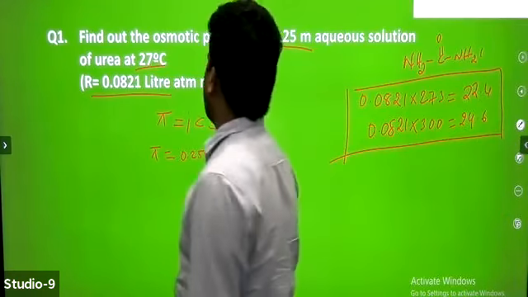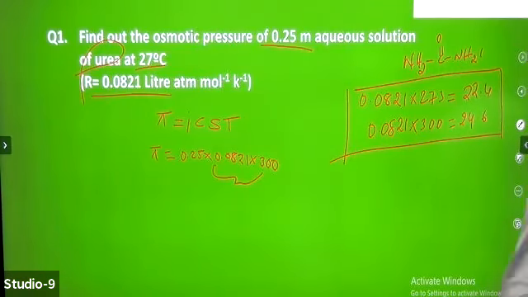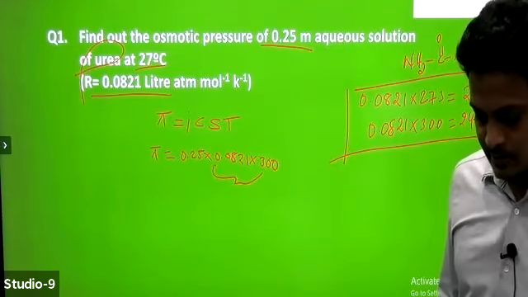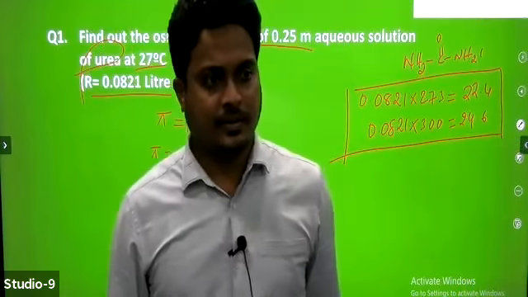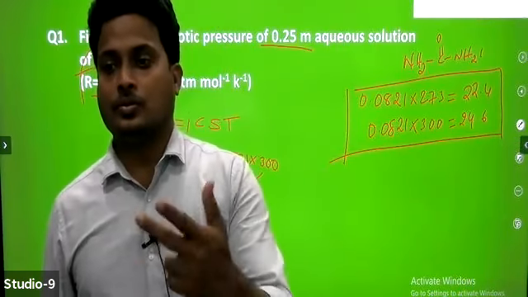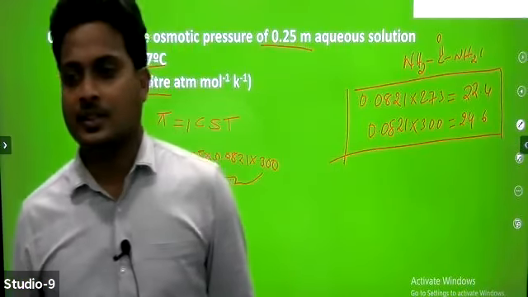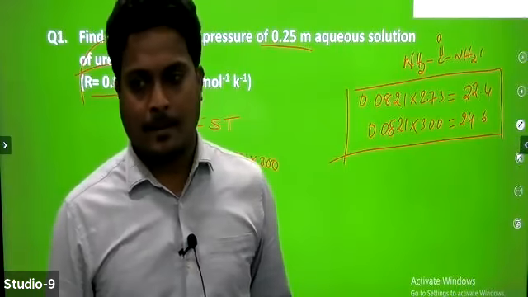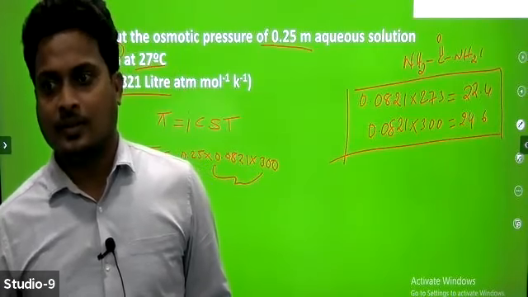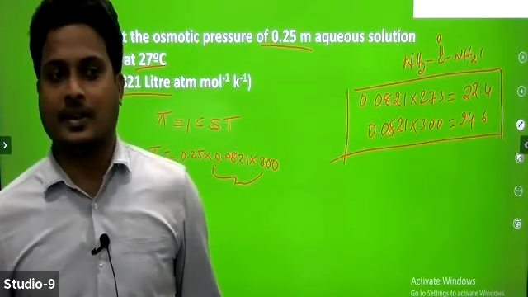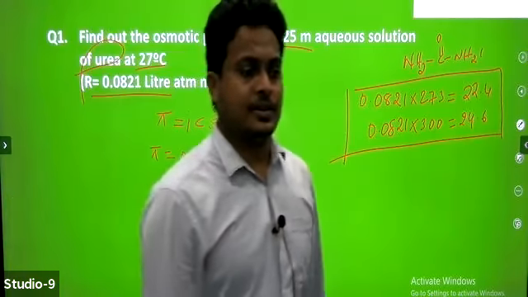Actually, what is the I value for urea? Tell me, when urea dissolves in water, is it dissociated? For example, take salt. Salt is dissociated. But urea, glucose, sucrose are all not dissociated. Salt solution is a clear solution, but glucose does not form a clear solution because glucose does not dissociate into its constituent ions.